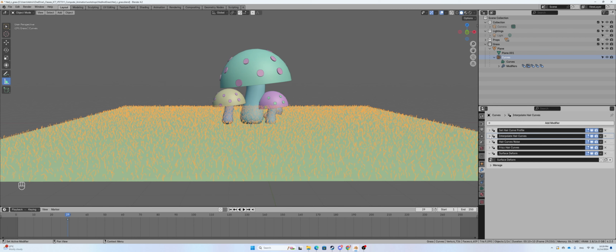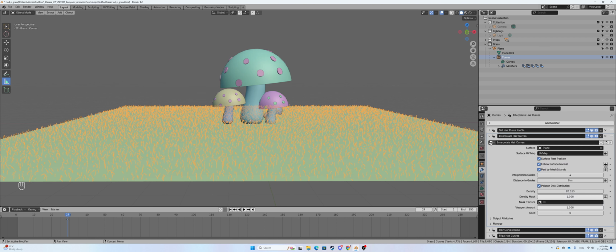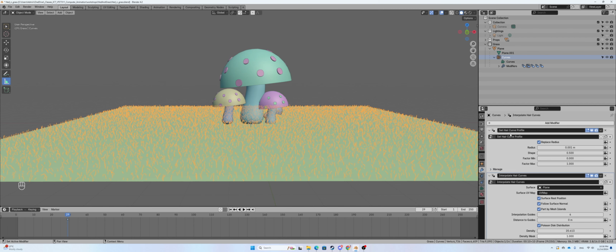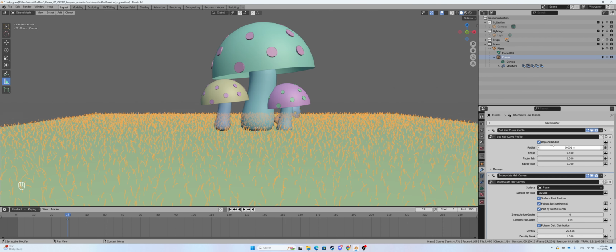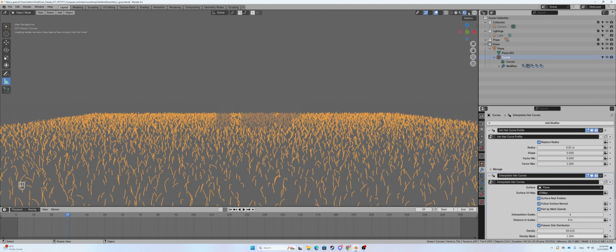So if I go to the interpolate hair curve, you're gonna see that this is the property that set the hair into our system. For the set hair curve, actually this is the size control of our hair. It just controls the radius on each curve that's generated. So if I increase it, 0.001, this is the original perhaps, and if I just change it into 0.01, and if we go to the render,